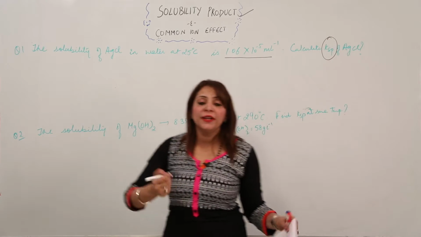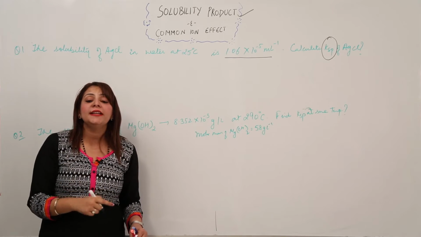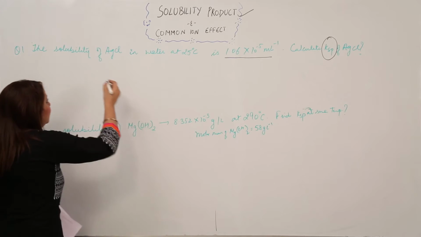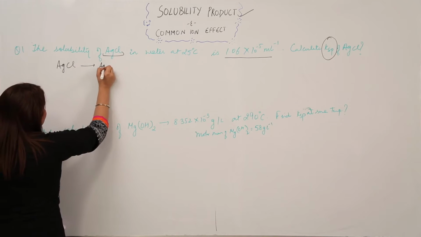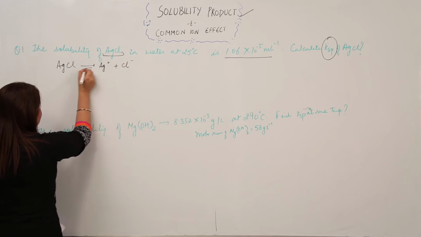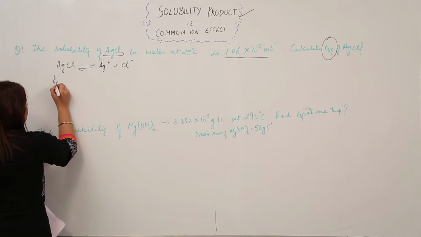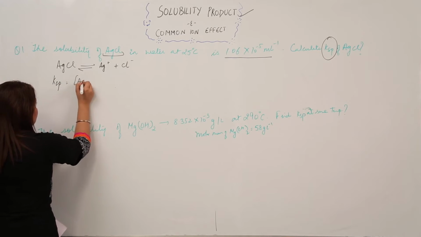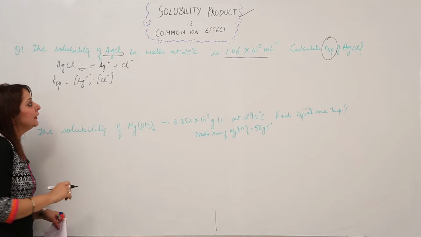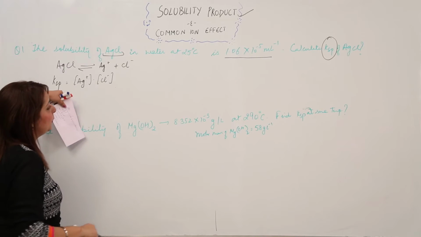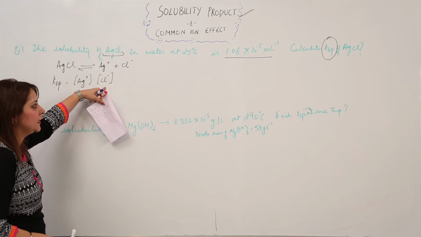So what you are going to do in this kind of question, first of all, you have to consider the salt and write the expression for KSP, right? So there is this weak salt, it gets dissociated to form ions, and there exists an ionic equilibrium, you know that, right? If I wish to write an expression for KSP, then it is the concentration of the ions. The value of KSP depends upon the concentration of Ag positive ion and the concentration of Cl negative ion, right?